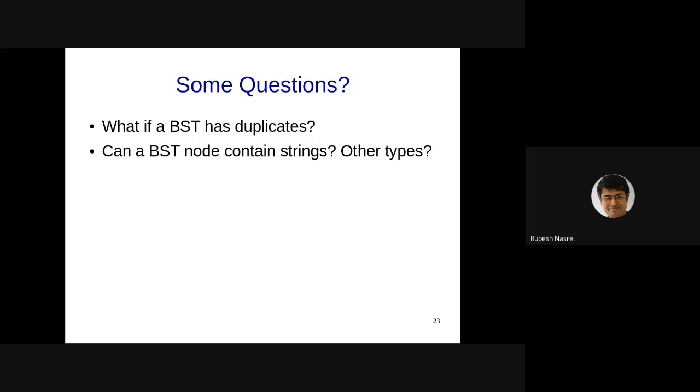Saicharan says just holding a count might not work if the node has two parameters, where the BST is made based on one of them, but the nodes are unique with respect to the other. Okay, that's an interesting question. So Saicharan says now a node in this BST has two parameters. One is the one on which the BST is made, that is, the comparison is made.